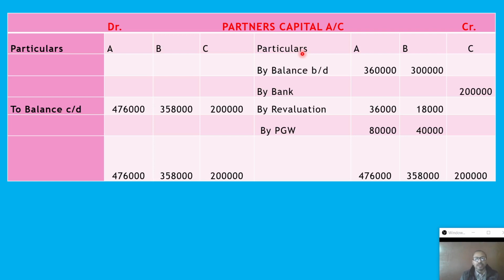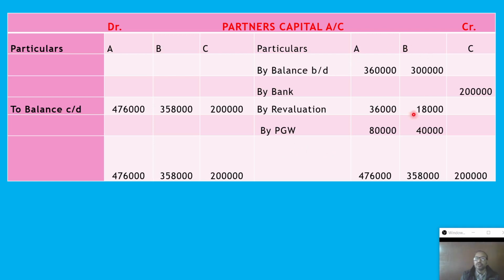So we will transfer that amount of goodwill. At that time the next entry is premium for goodwill account debit to old partners' capital. So we will write here by premium for goodwill account, journal entry, premium for goodwill to partners' capital. So on the credit side, by PGW under sacrificing ratio 2:1, that is 80,000 and 40,000. And one thing I want to say, the sacrificing ratio in this case is no need to calculate separately, because here no new ratio is provided, nor any other indirect information. So the original ratio, the old ratio, will come as the new ratio in these cases. Therefore 2:1 is the sacrificing ratio.